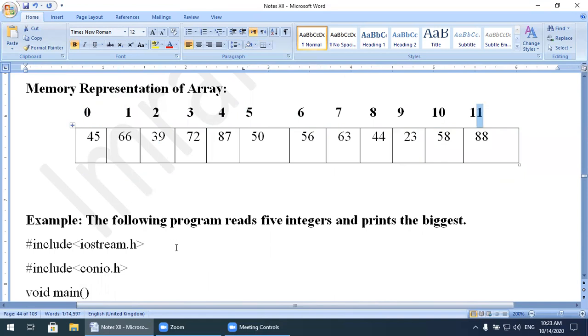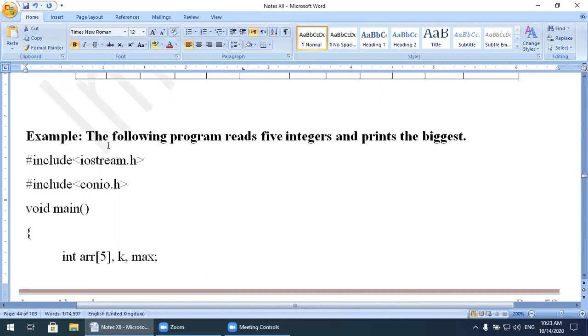Now the example says: the following program reads 5 integers and prints the biggest. Read 5 integers and display the biggest number from the array. #include <iostream.h>, #include <conio.h>, void main.